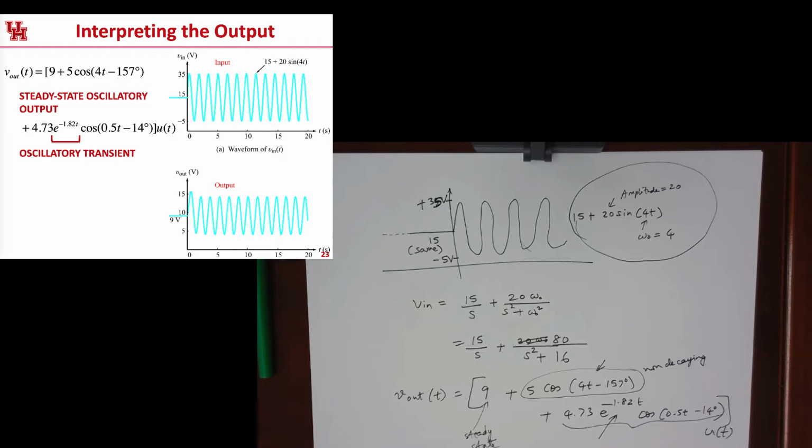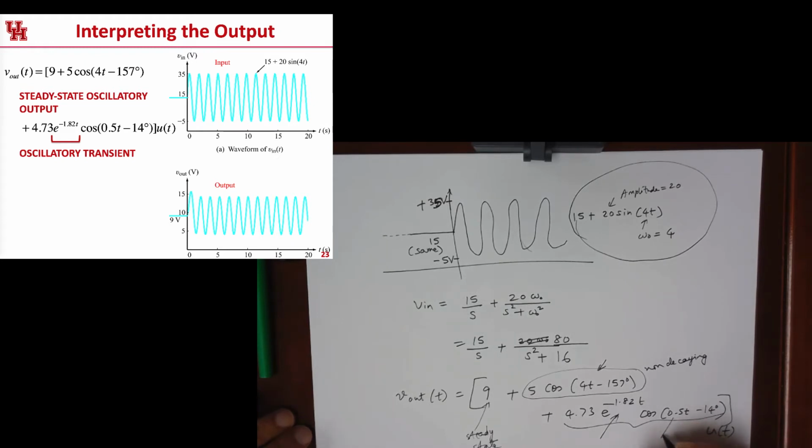So one part of that reliability has to do with taking care of the transients, right? In this case, the transient dies nicely and quickly. And the omega for this has nothing to do with the input. So this corresponds to the modes. These values are coming from the modes of the circuit rather than the forcing, which is the input,